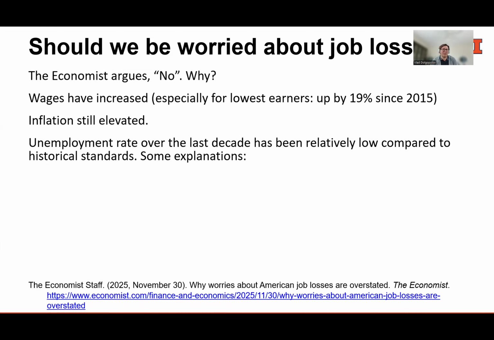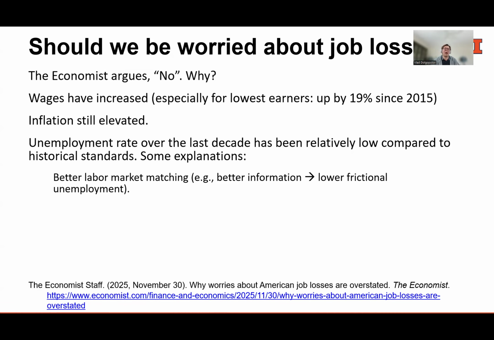So the explanations, there are actually quite a few, right? So one of the explanations why your non-inflation accelerating rate of unemployment is lower is that the labor market matching is better due to better information, due to better technology, right? So we've obviously come a long way from workers having to flip through the job ads in the Sunday edition of the newspaper. A lot of information is online, which means that it's easier to apply for jobs that match your skills, which means that the frictional unemployment is lower, and